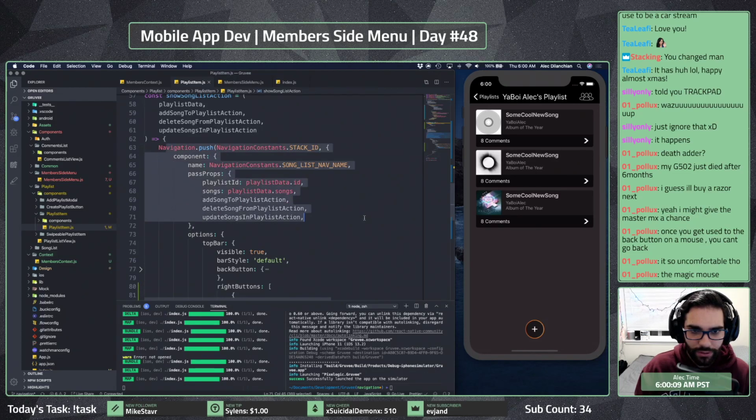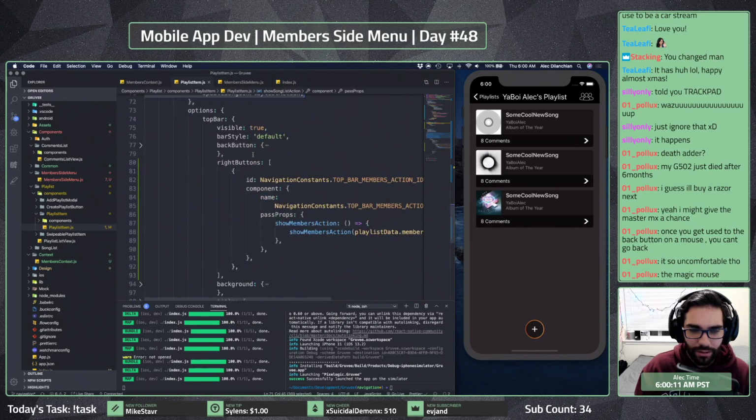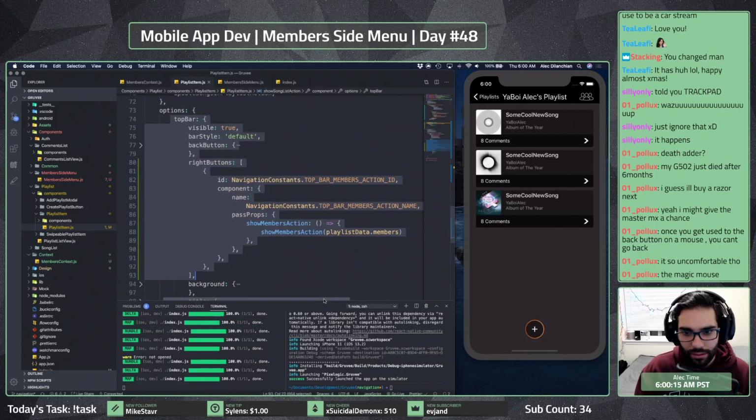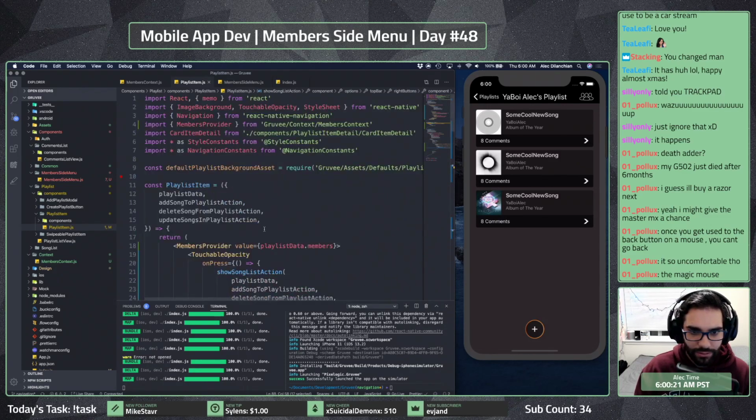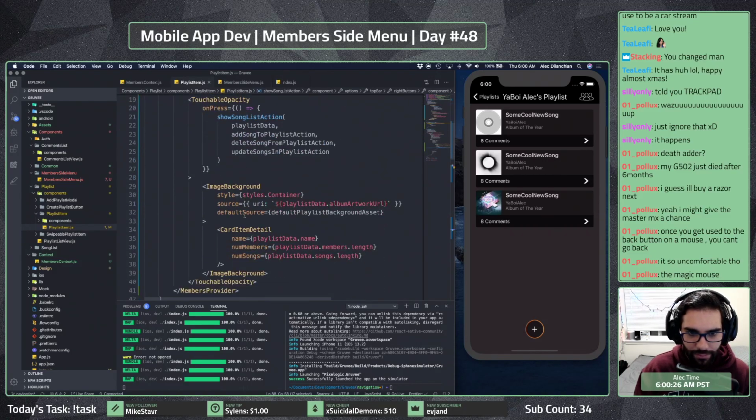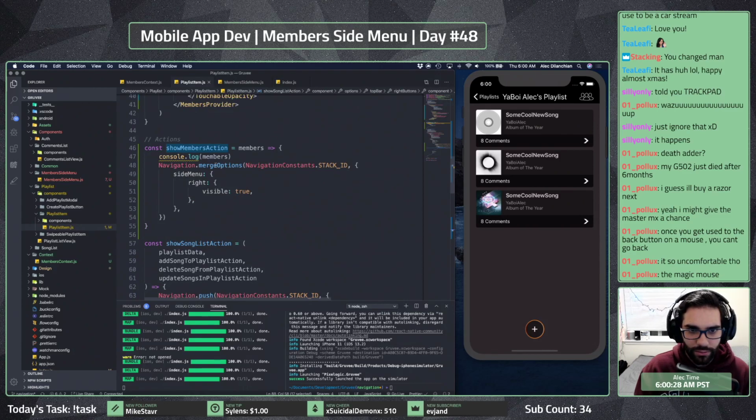The navigation essentially gets our stack, we have this top bar thing here. And then show members action. Show members action happens where? Should happen here. Yeah. So at this point, our side menu is here.